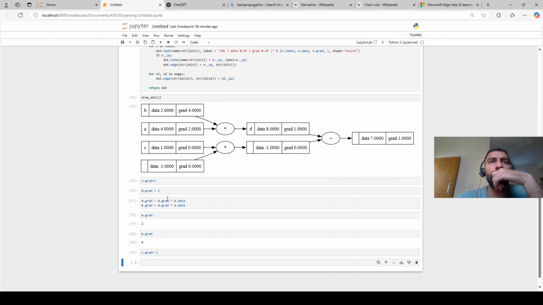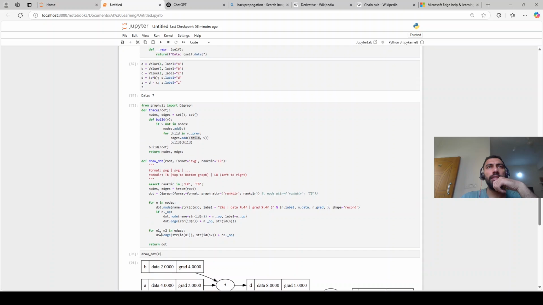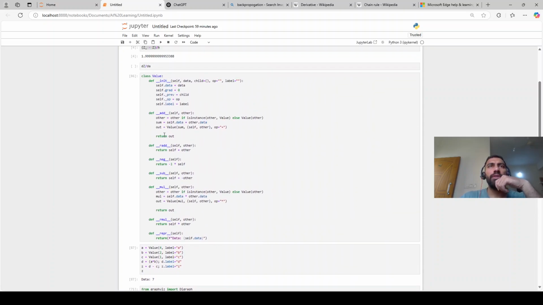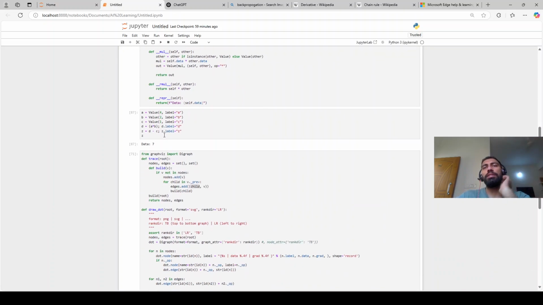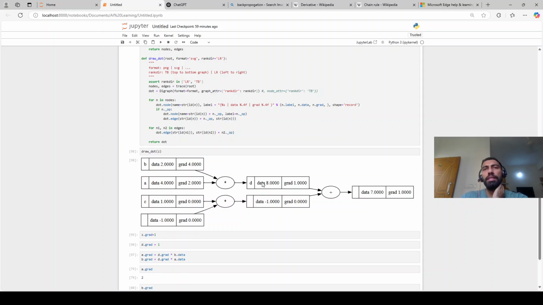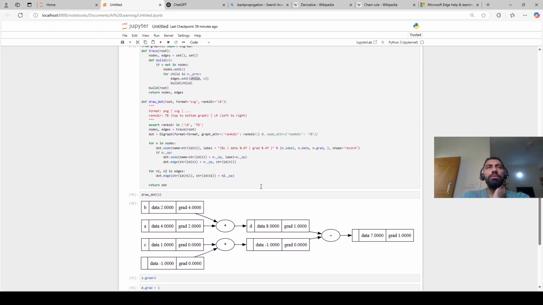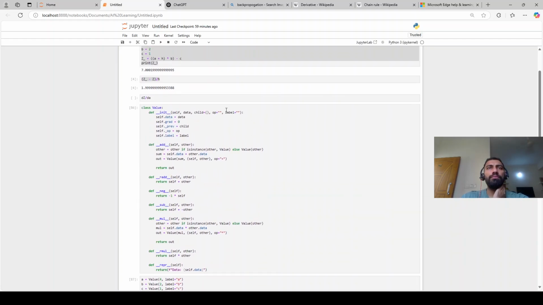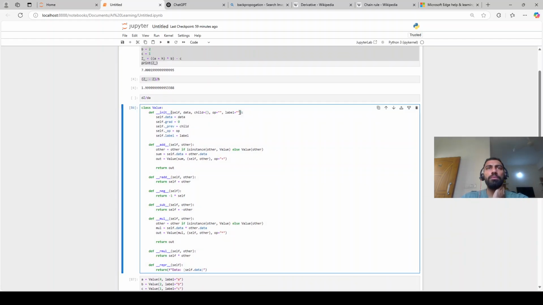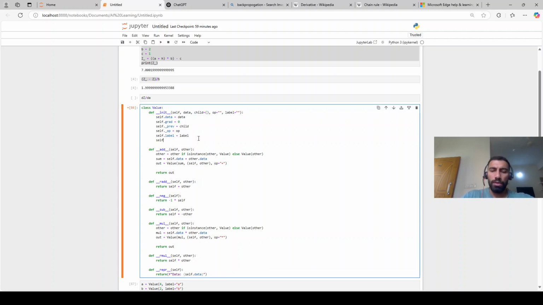Now, rather than doing it manually, let me add a function here itself that helps me calculate. So if I want to calculate the gradient of D, it calculates for me. B, it calculates for me. Okay, so dot backward equal to